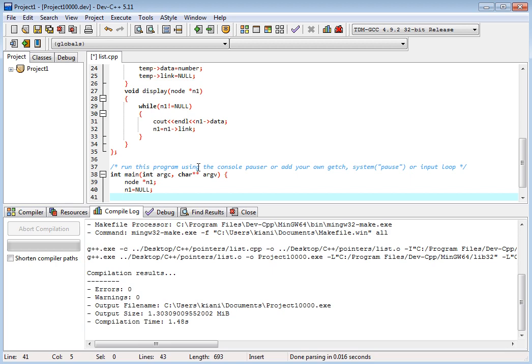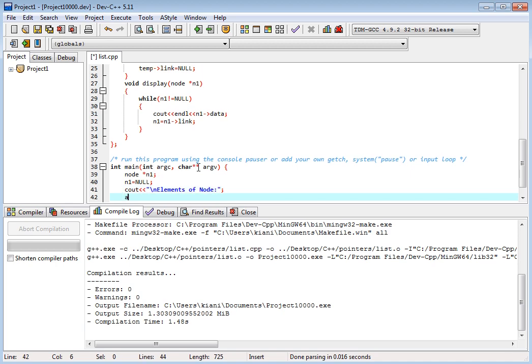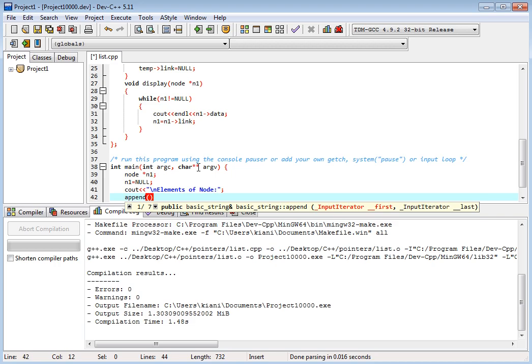N1 is equal to null, so we cout new line elements of node. Okay, append, we append the first data.